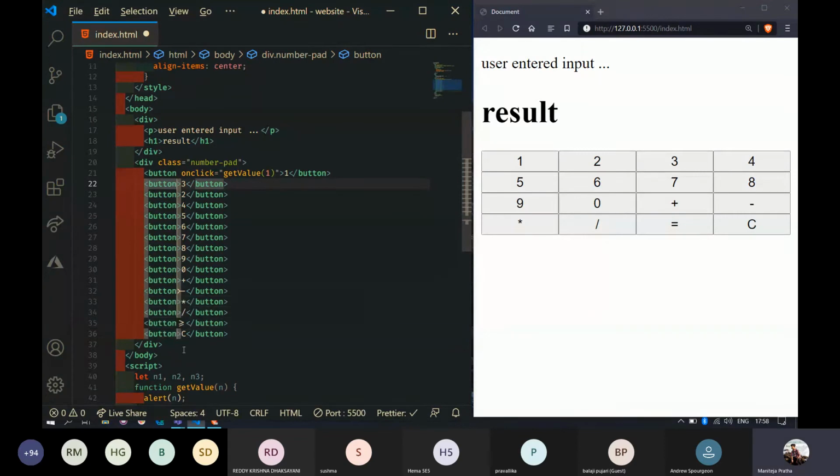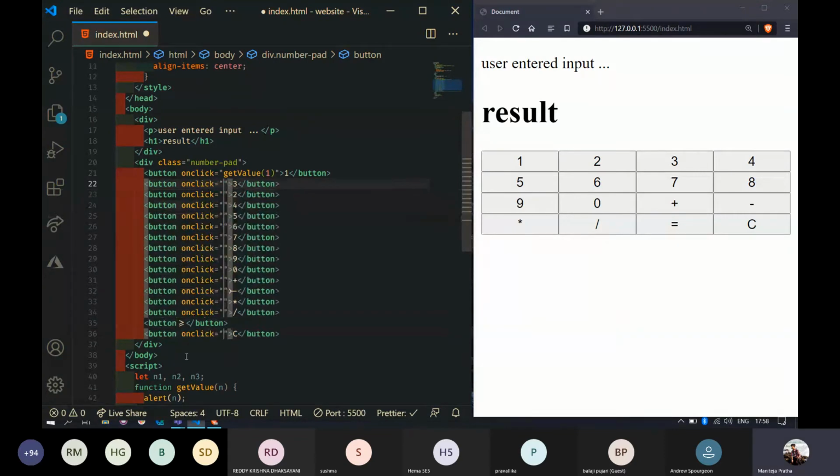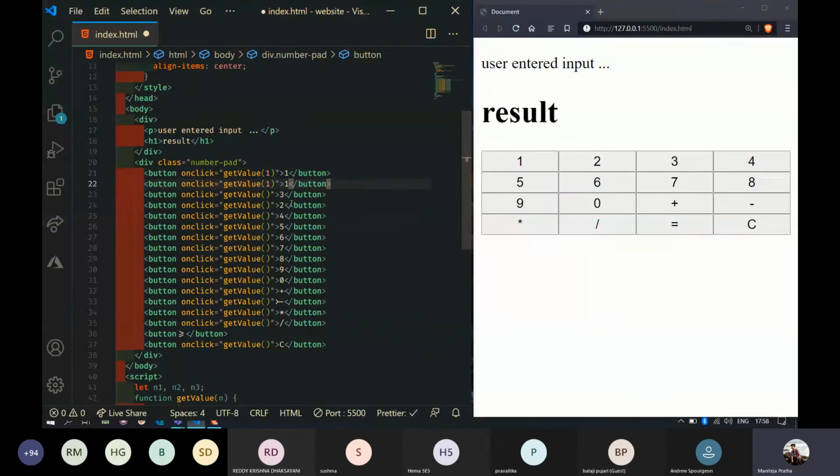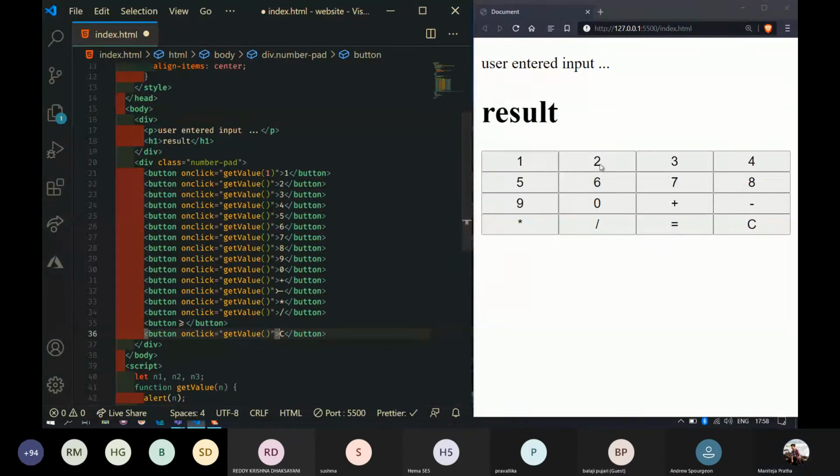So now tell me, if the user, oh my god, I erased the 2 button. And 3 here. So now tell me, whenever the user presses this button 2, what is the value that I need to send as an argument? Guys, are you there?